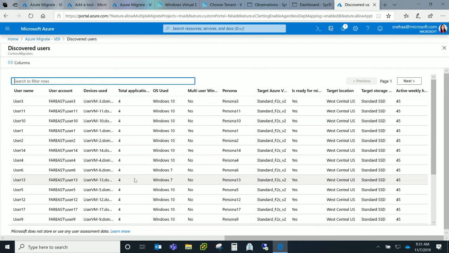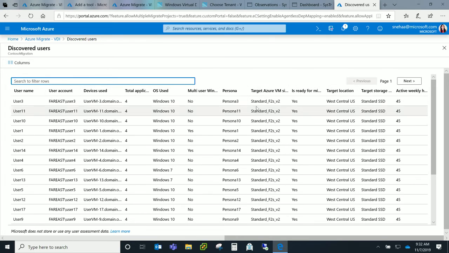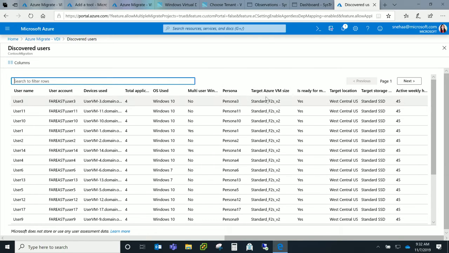And the beauty of the integration is that you can really track your migration journey across different tools. If you used Lakeside for virtual desktop assessment and something else for your database assessment, you can come to Azure Migrate, one single portal, and track your migration across these tools. So there is value for you to push the data back to Azure Migrate. Now, when you see here, you can see that there's a list of users we have assessed, and based on the Lakeside assessment, we can really understand whether these users are ready for migration to Azure, and what size in Azure we should use to allocate the desktops for these users.